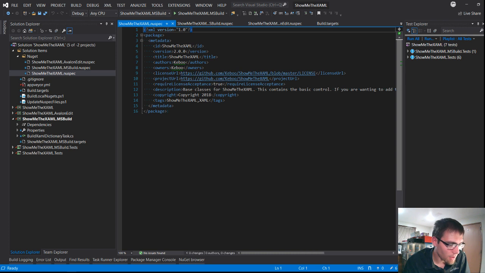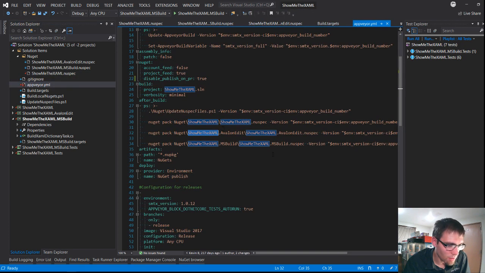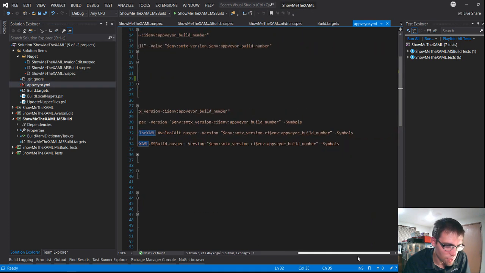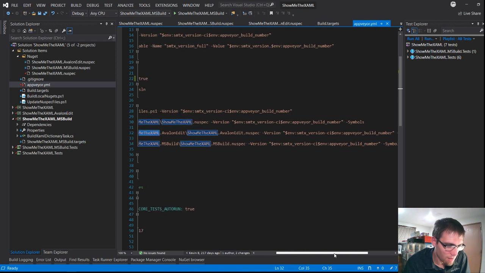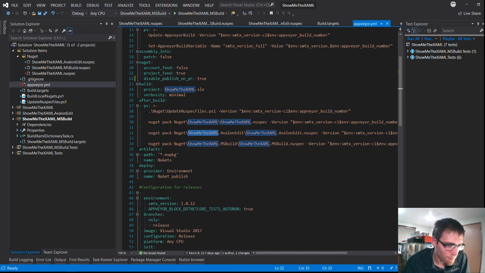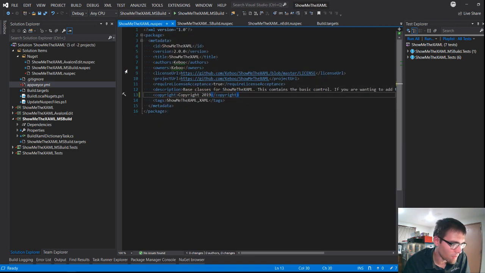So the other thing we're going to rev real quick is this copyright on here. I believe if we look at that AppVeyor.xaml, it's passing in an explicit version, so it doesn't really matter. Yeah, it's explicitly setting the version on the NuGet package, so it doesn't really matter what these new spec versions